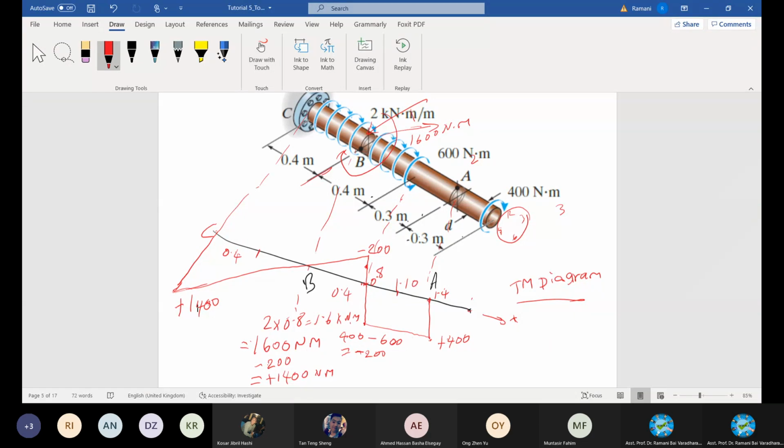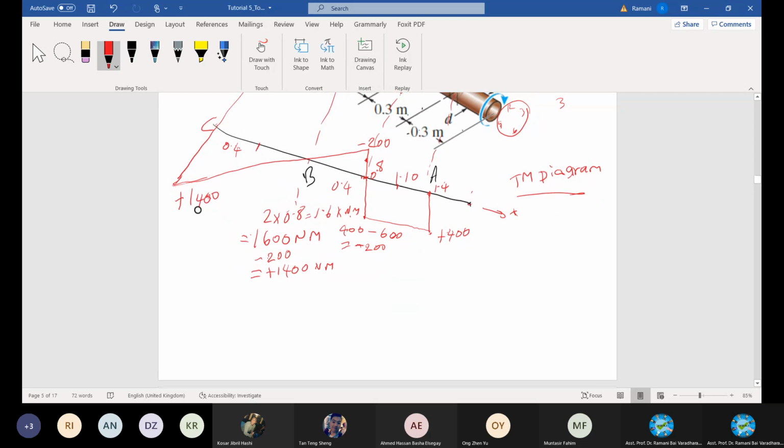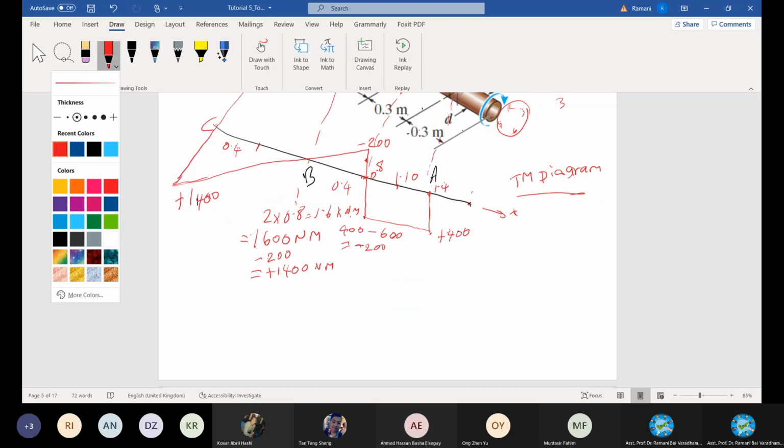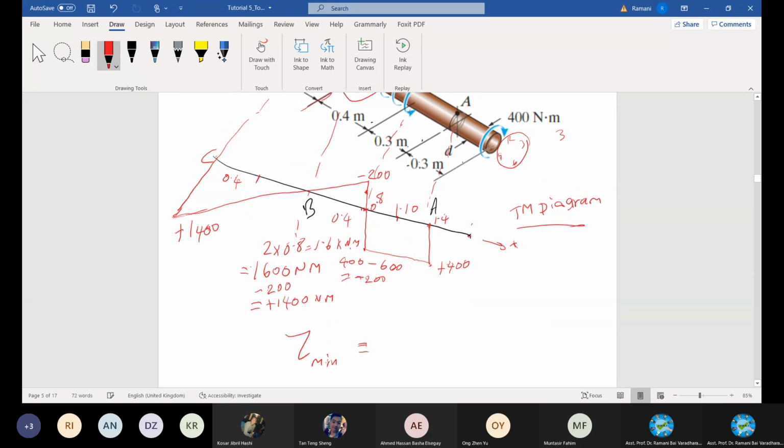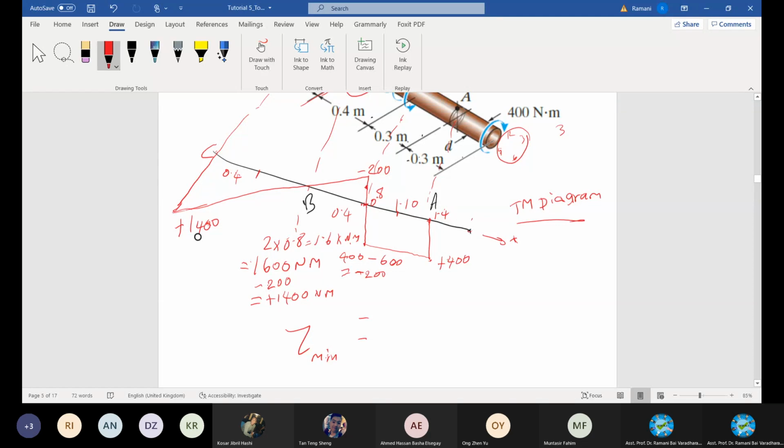I am giving 2 more questions for you to solve. Oh, we solved for this one or not? Not yet. Oh, I got the net moments. Let me finish the question. Maximum, minimum, right? Absolute minimum or maximum? Absolute minimum. What will be the absolute minimum in this case? Come on, anybody? Absolute minimum, the lowest moment acting on this point, or the stress that would be. See the diagram and tell me.